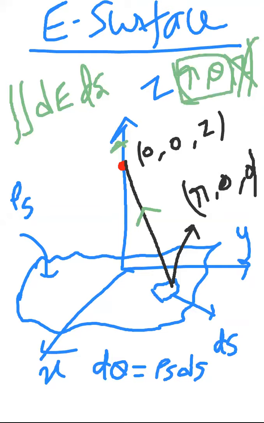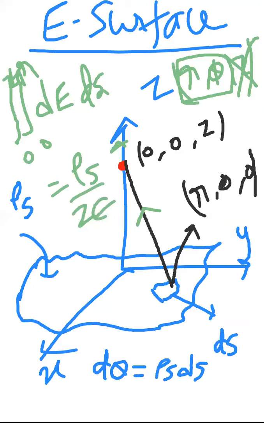That means your r can be anything from 0 to infinity. Your theta or phi can be anything from 0 to 2 pi. So one variable goes from 0 to infinity, and another goes from 0 to 2 pi. Then you compute the answer. Finally, your answer will be rho s divided by 2 epsilon. Yesterday itself we have seen what the answer is in the case of surface charge density. Finally, your answer will be independent of the distance where you are. So that is rho s by 2 epsilon.